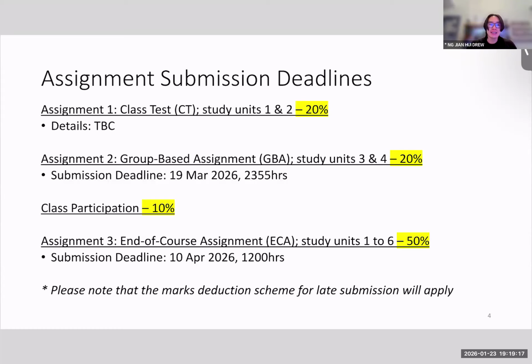So your ECA is a take-home kind of project, and basically it covers all the topics. And you'll see that in this module, the focus is really on one thing, right? Throughout the entire module, you're just going to cover one key topic, and the key topic is how you are going to value a company. And when we talk about valuing a company, we're thinking about using fundamental analysis, right? Really going into the details of the company and trying to understand what is the valuation of the company.